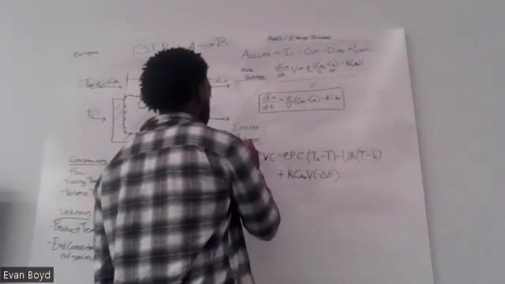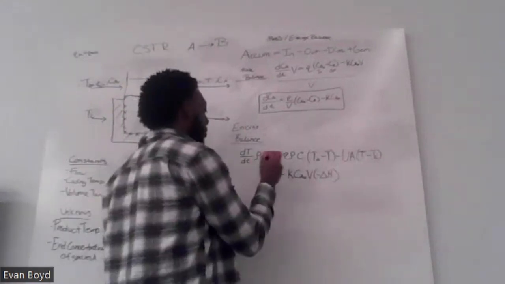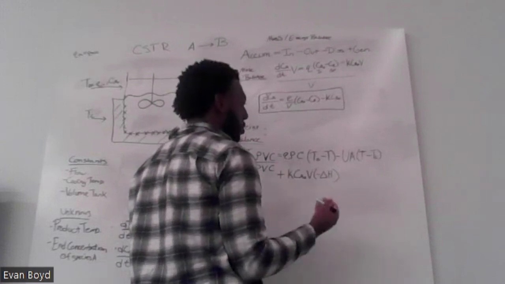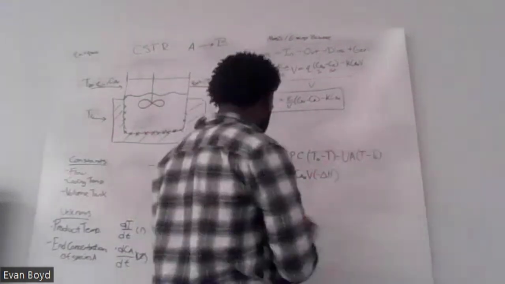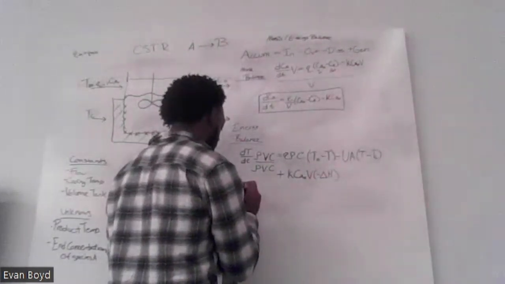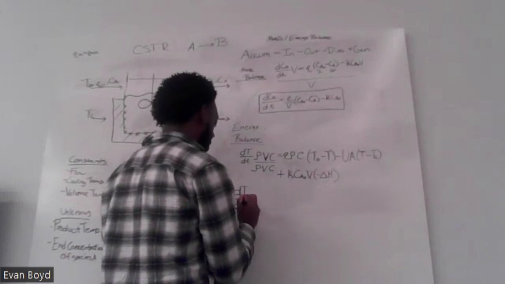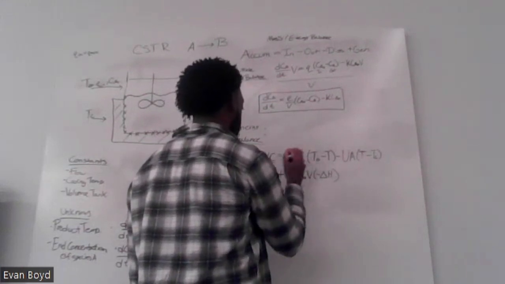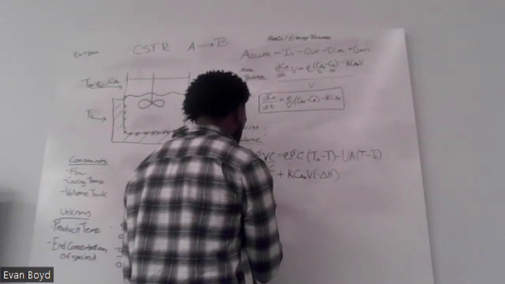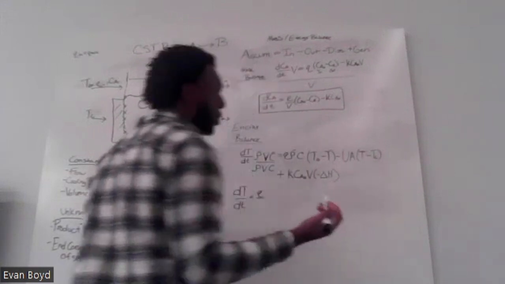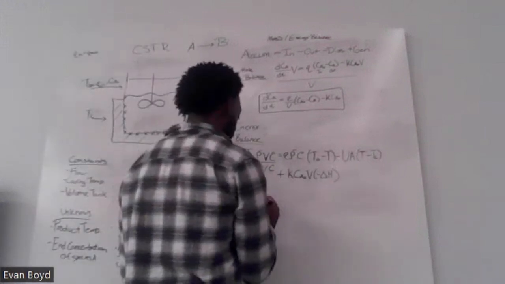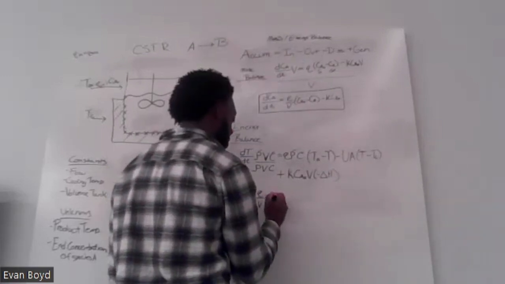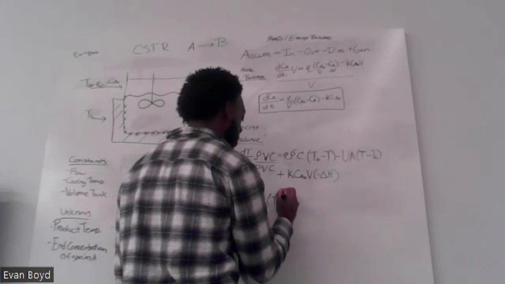Okay. If you want the change in temperature by itself, divide the left-hand side by the right-hand side, so the density times the volume times the specific heat. And then we will get a formula that looks like the change in temperature divided by change in time is equal to, it doesn't cancel out, the flows of both in and out, the flow of the liquid divided by the volume, times the initial temperature minus the final temperature